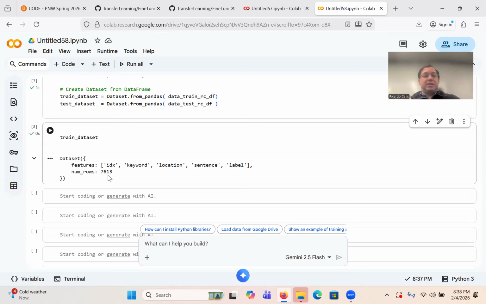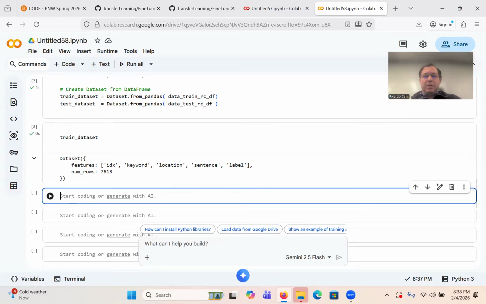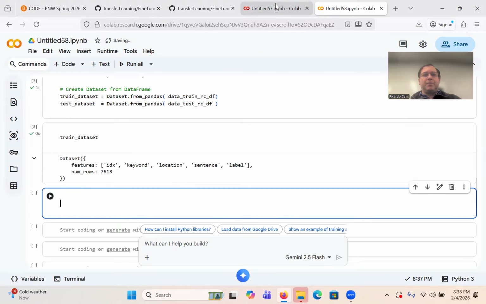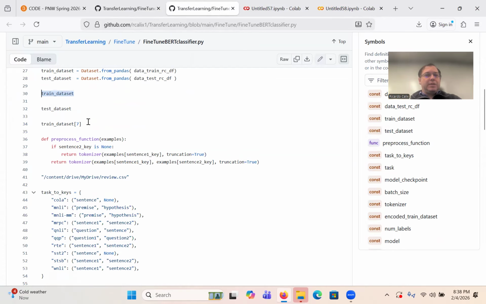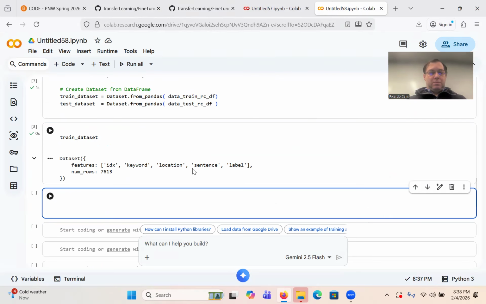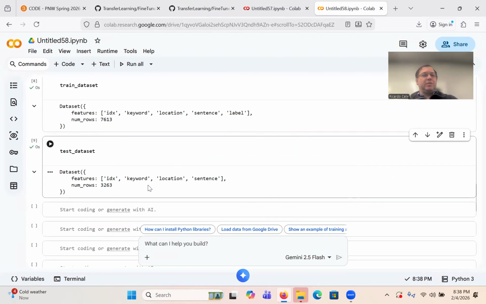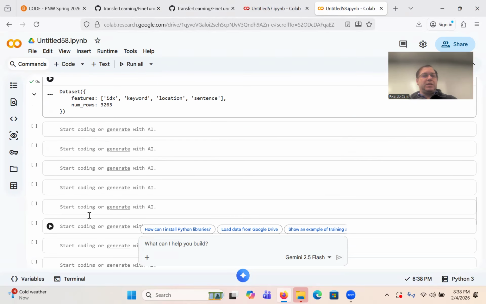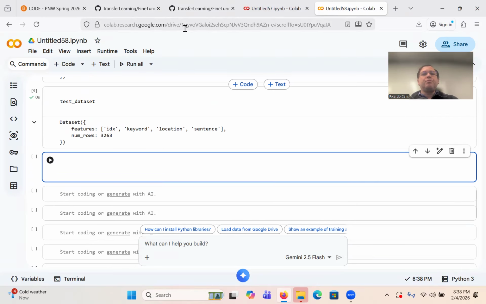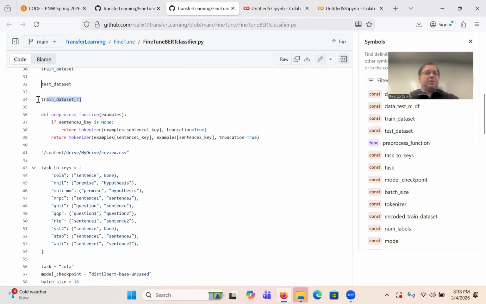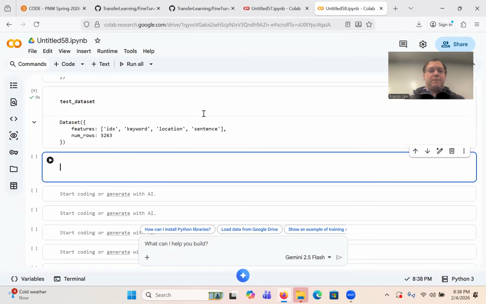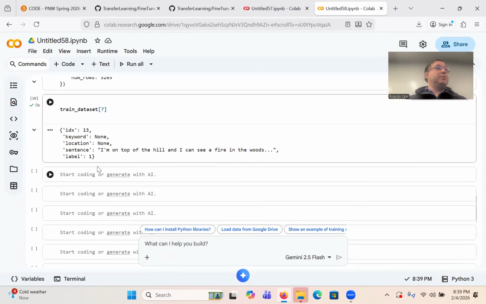For my example, I'm just using the sentences and the labels. We can take a look at the test dataset as well, and you can see there are about 3,263 sentences in that. We can also look at a specific sample just to confirm, and you can see there's a sentence in there and a label and so on.